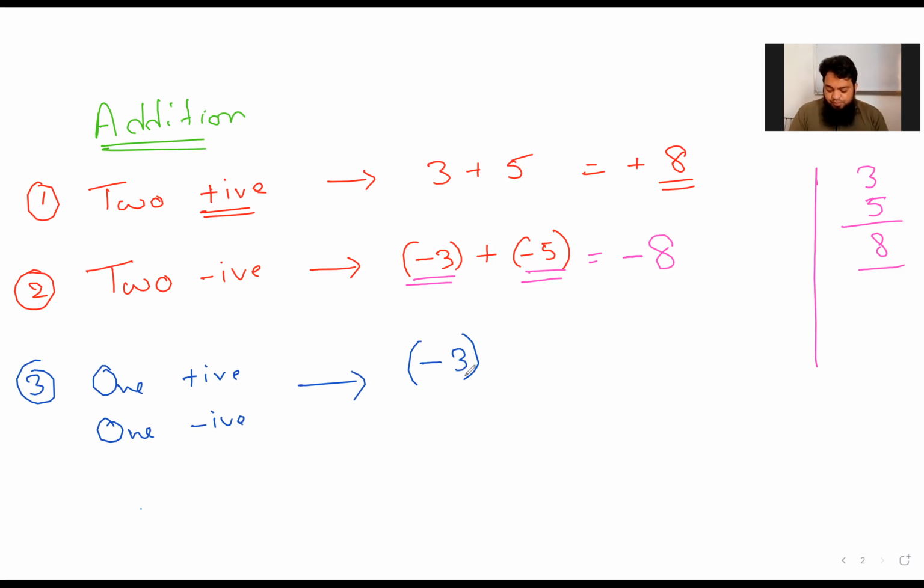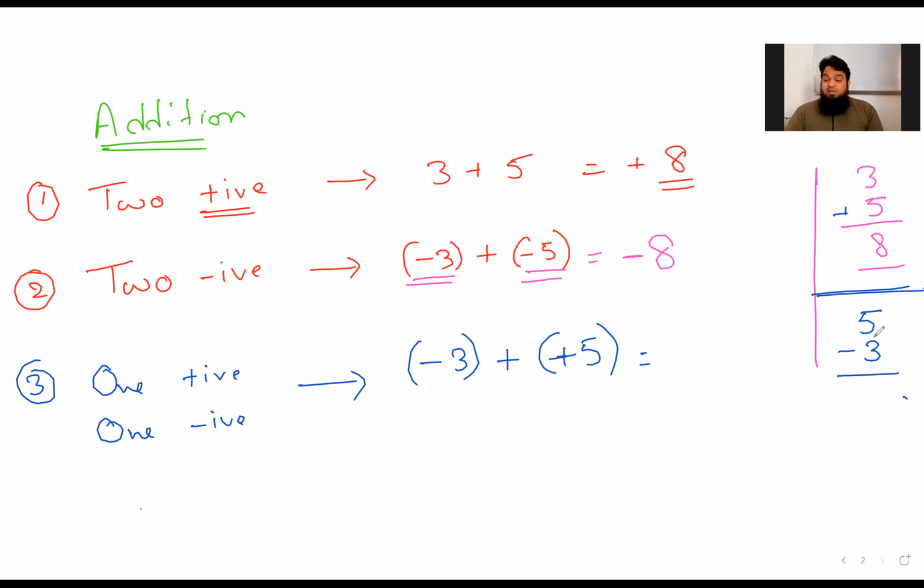So now when you go for one positive and another negative, for example, -3 plus 5. See here, you are adding one negative and one positive. When you are adding one negative and one positive, you find the difference of the numbers instead of adding them, as we did previously. What you are supposed to do is find the difference. So what is difference? Subtracting the smaller number from the larger number. So it is 5 minus 3.